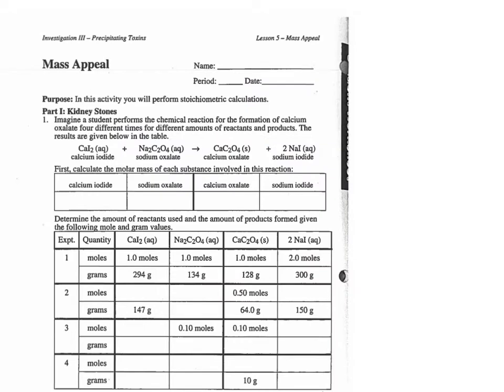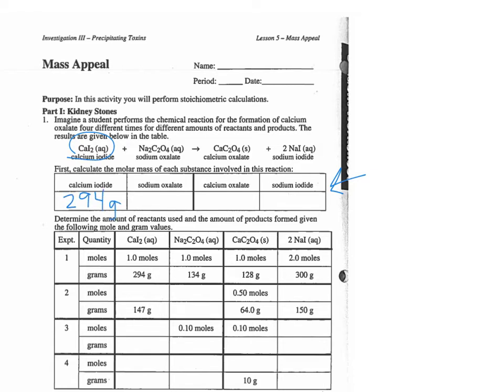All right, so everybody should have this worksheet called Mass Appeal, and we're going to start on the front part of it. The first thing we need to do is fill in this molar mass chart right here. Hopefully you had a few minutes after your quiz to look up the molar masses for each of these substances. Remember, we find that on the periodic table. For example, for calcium iodide, we'll look up calcium and iodine and add them together. So 2 iodines plus 1 calcium. When you do that, you should end up with